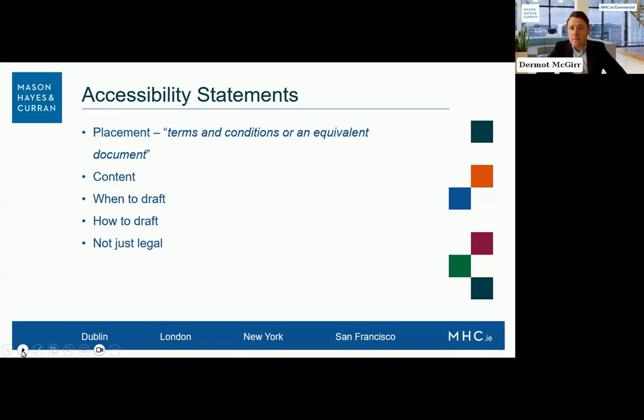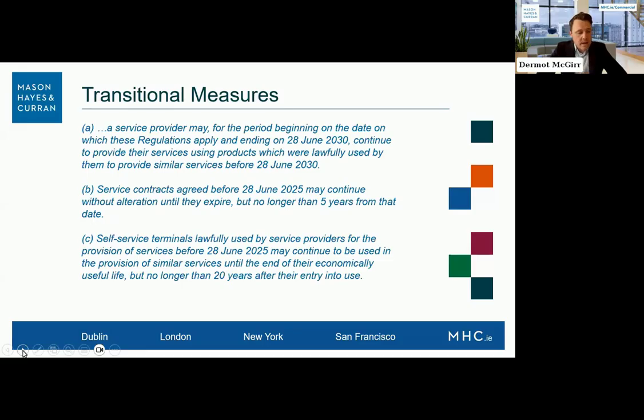So Rebecca, if you wouldn't mind, just the next slide, please. So yeah, the transitional measures. This is one of the other things people look at a lot. I've included them on the slide there. A and C, you need to be using products in providing your service, so obviously they don't apply if you're a purely digital offering. Important to remember as well, they're talking about products which are in scope of the EEA.